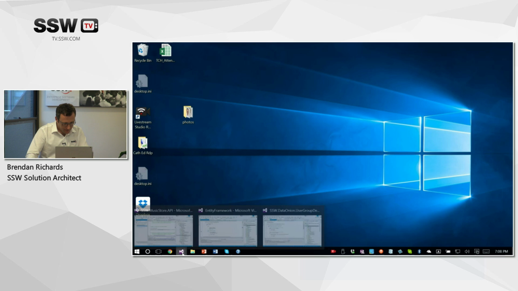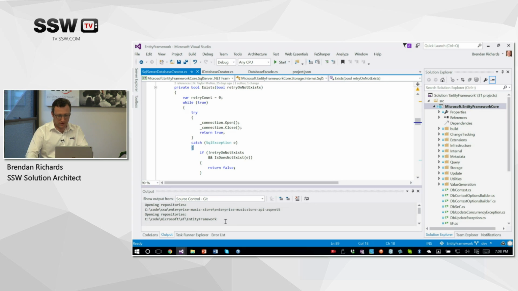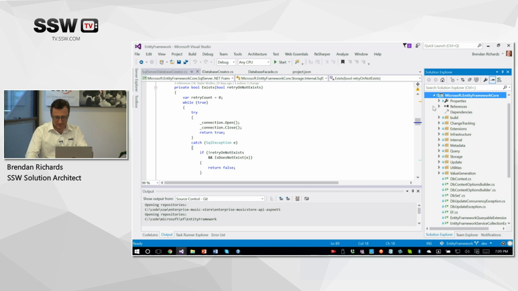So now I'm just going to take a quick break and jump into a real .NET project and take a look at a few key points of a .NET project structure. I'm going to start with one that will give you a lot of insight, and that is actually the Entity Framework project itself. So this is the Entity Framework project, downloaded straight from GitHub. Doesn't take very long. Download it, take a look.